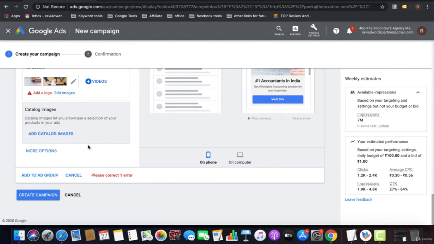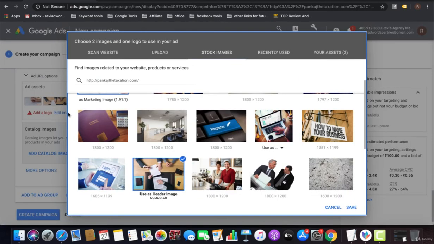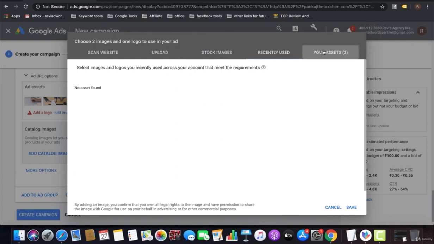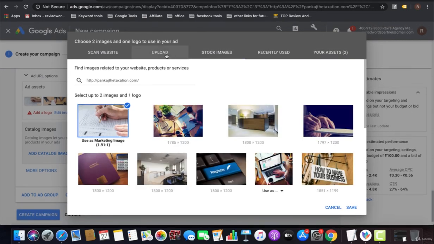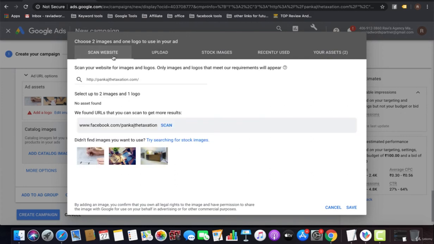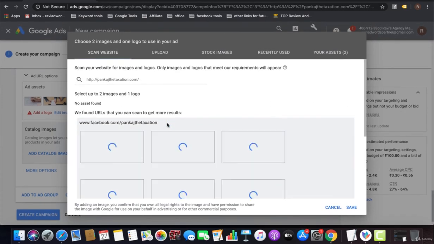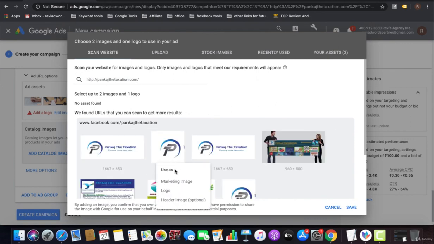Add to ad group. Oh, I need to add one logo as well, recently used, your assets. I think we have already created the logo. Here my Facebook page is being scanned, and I can select that as my logo.